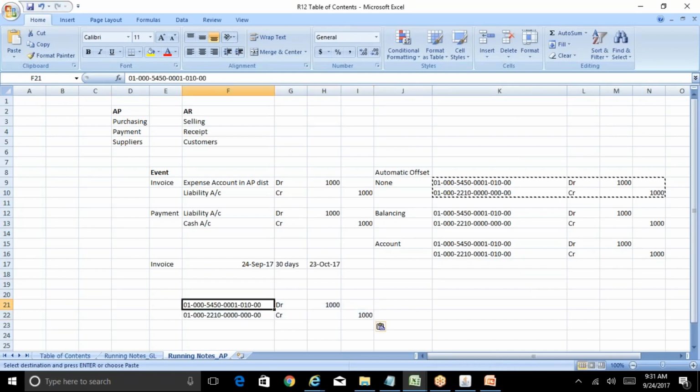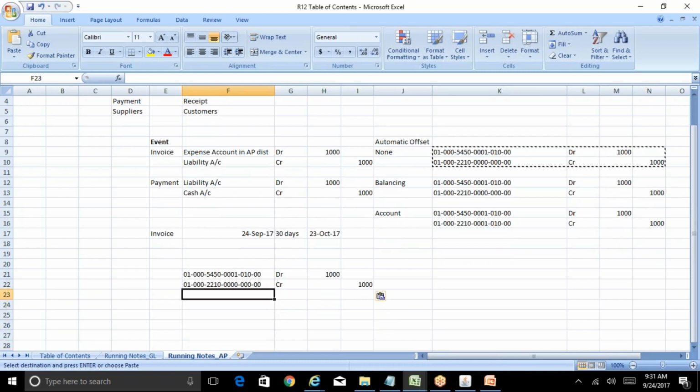Okay, it is validated, accounted, paid, transferred to GL. Now the user realized that the account should not be 5450. The account should have been, say, 5451. Then what the user can do is reverse this particular line. So what will happen is when you reverse this particular line,